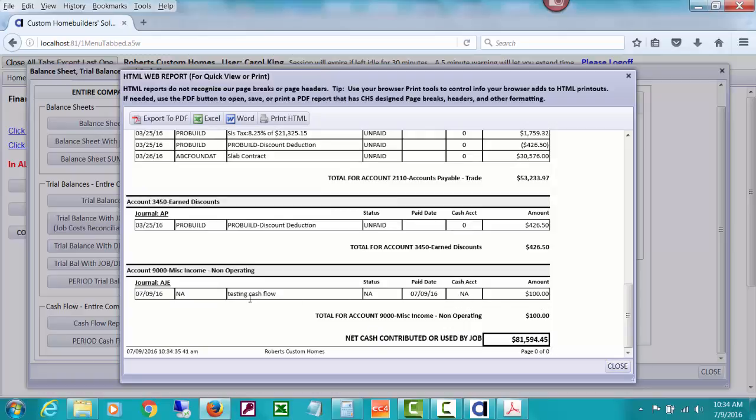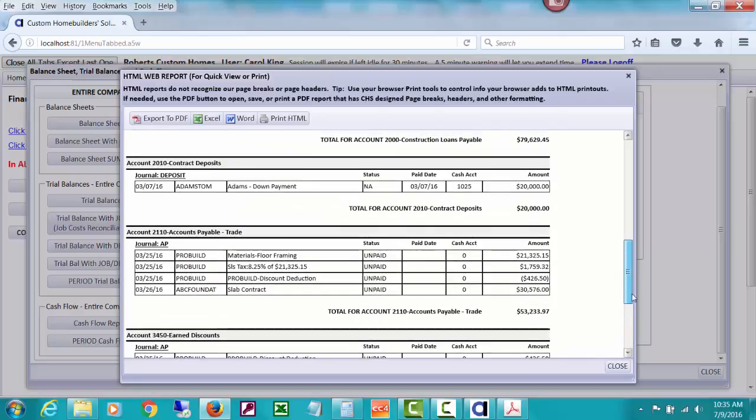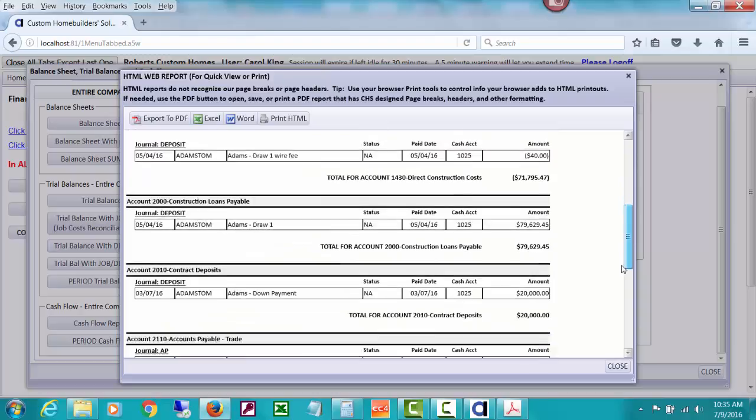It doesn't know, because I just did a journal entry, one side with the job code, and then I did the other side, I did a credit, and the other side I just did to the generic H job so that they didn't cancel each other out, because I wanted to show you how there's going to be $100 difference between this net cash contributed or used by jobs, which is figuring out just every entry with the job code, but not including